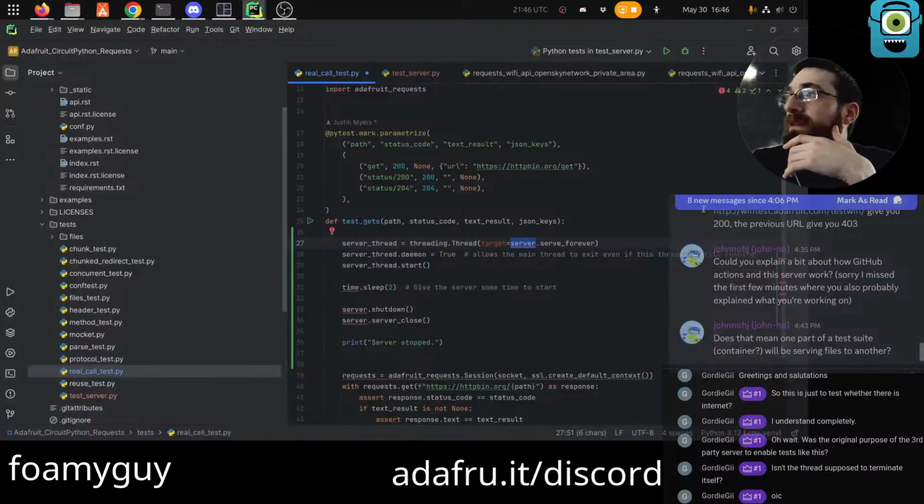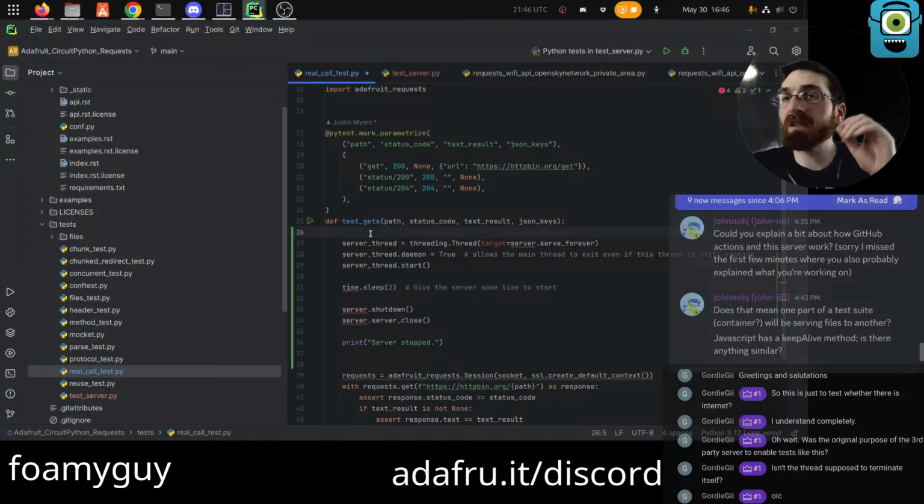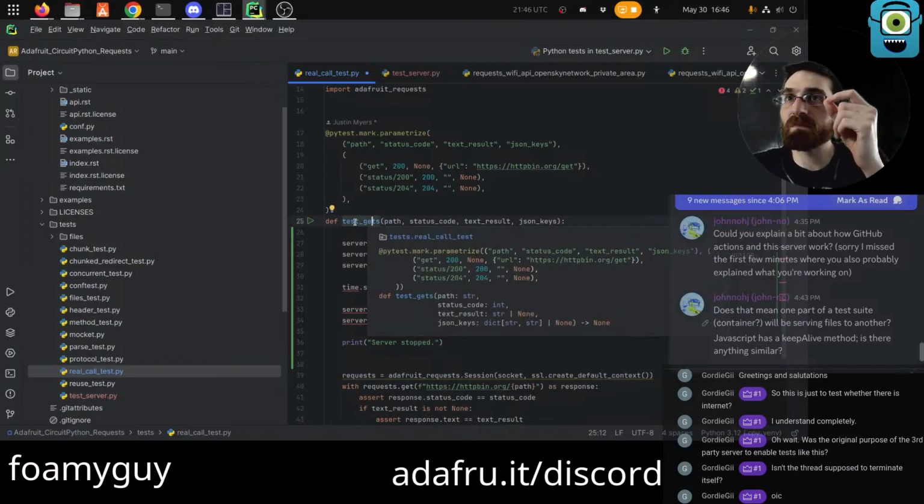Does that mean one part of the test suite container will be serving files to another? I mean, it will. My understanding, or my intention, is that this one test will be both hosting the server and sending requests to it, all locally inside of the one container that's running the tests.